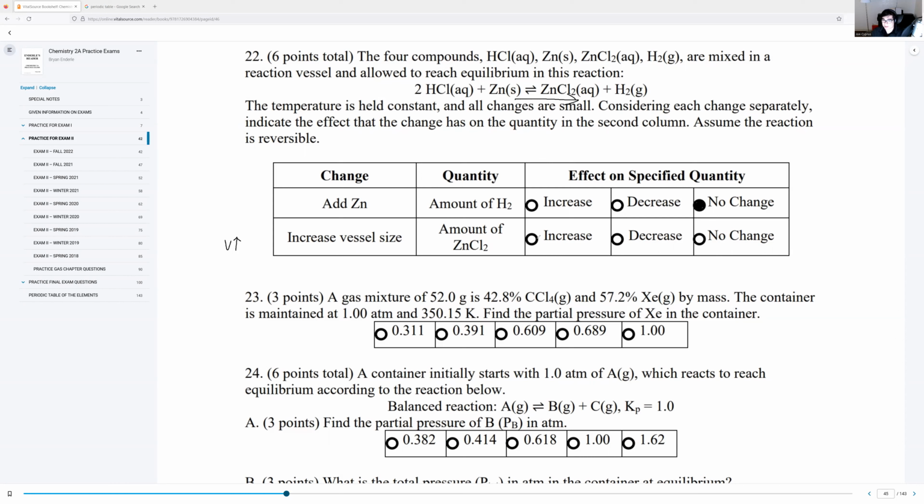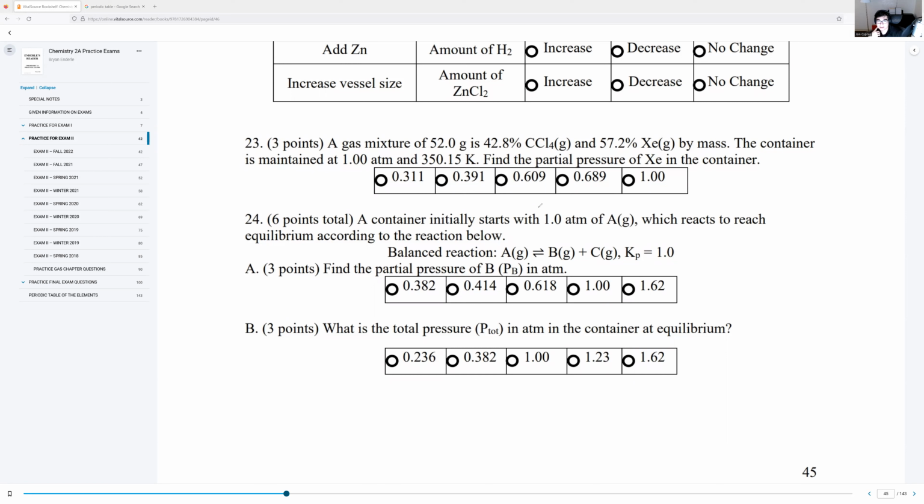All right, 23: a gas mixture of 52 grams is 42.8% carbon tetrachloride and 47.2% xenon by mass. The container is maintained at 1 atm and 350.15 Kelvin. Find the partial pressure of xenon in the container. Right, so